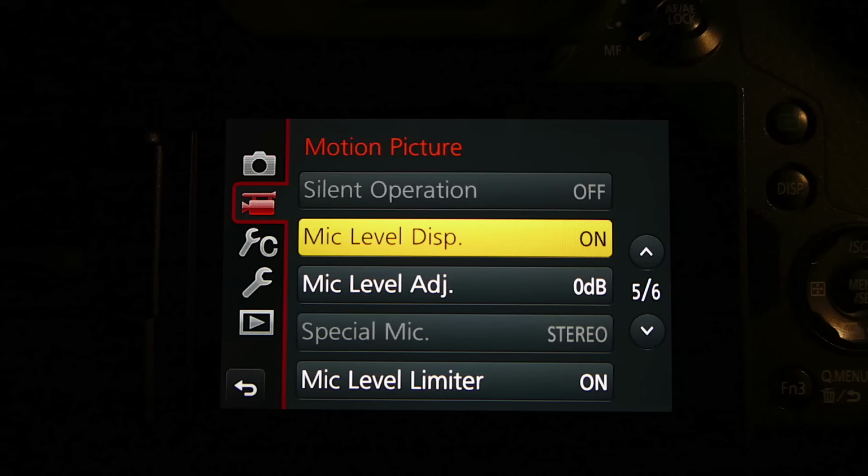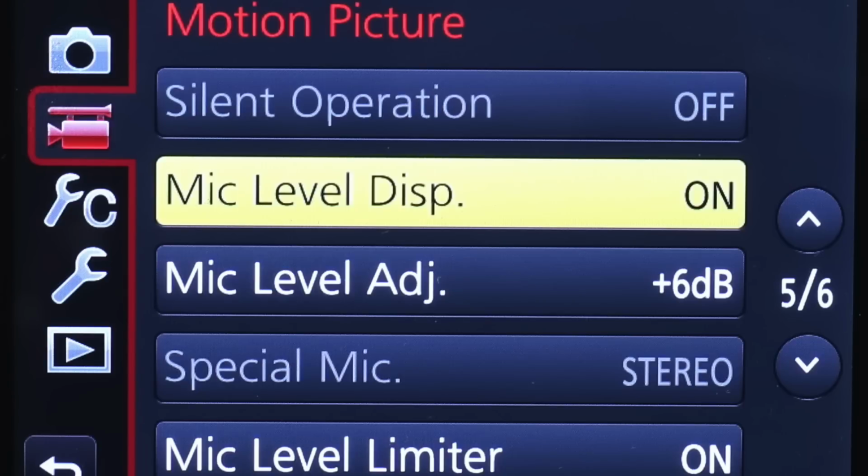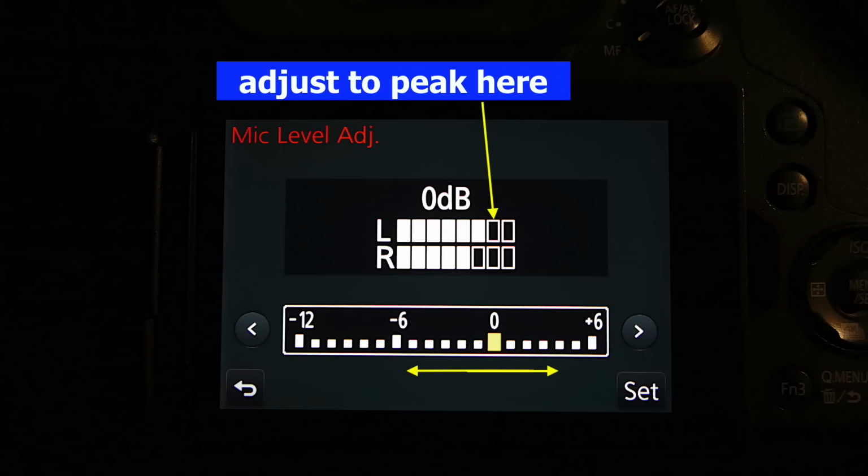So you would plug the Audio-Technica into the 3.5mm audio input socket on the side of the camera, and then we will set the audio levels on the camera. Now the camera can set up automatic recording. It's got an audio limiter, so you can't go into extended overload, but it's better to set up the camera with the audio limiter off and then use the manual level control to set the levels correctly on the back of the camera. Now you can see on the camera the peaking level that you'd normally set up when you're recording video. It's about 2 bars from the top, and you don't want to be going into the red zone.